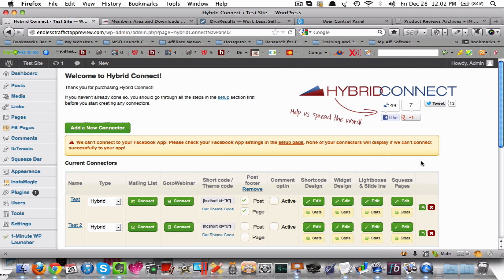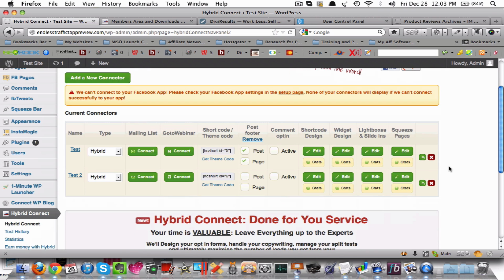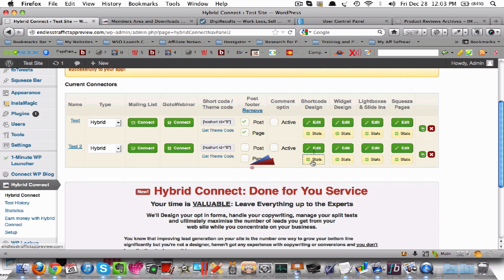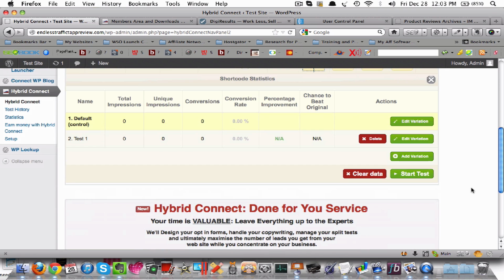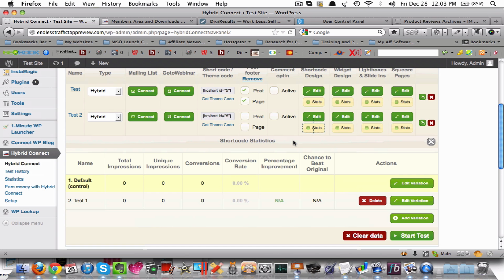So that's the reason why I have a very good bonus that complements that well. But first, let me show you a little bit of what the tracking system looks like. As you can see, you can make a bunch of different split tests, and these are just the columns. You can see the total impressions, the unique impressions, the conversions, the conversion rate, the percentage improvement, and then this is a stat that shows how likely it is to beat the original,